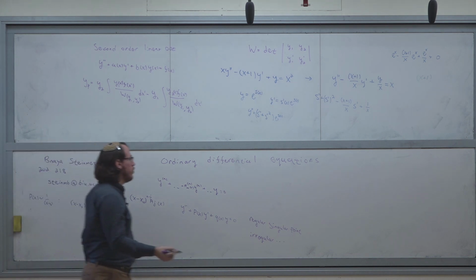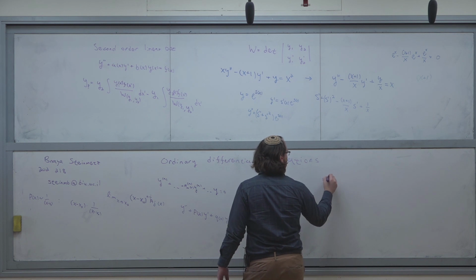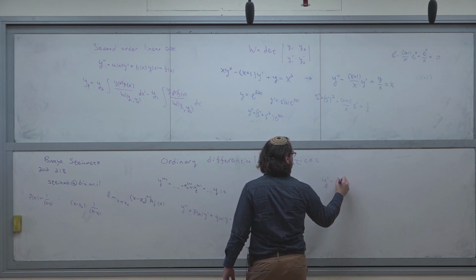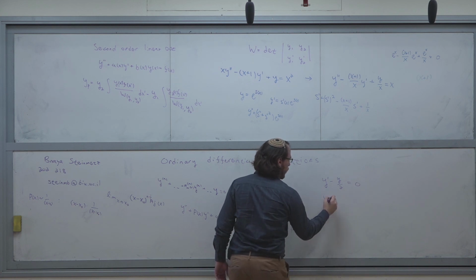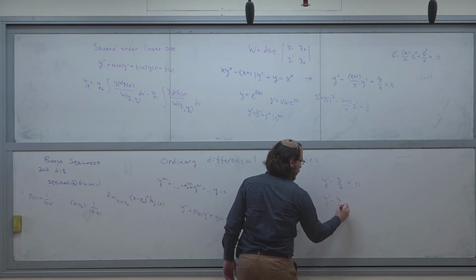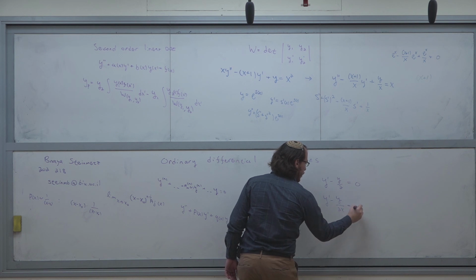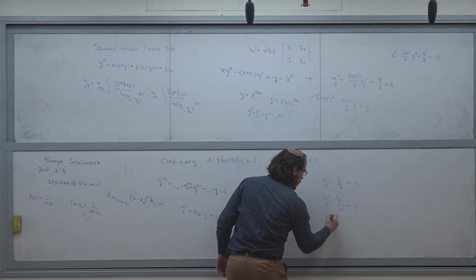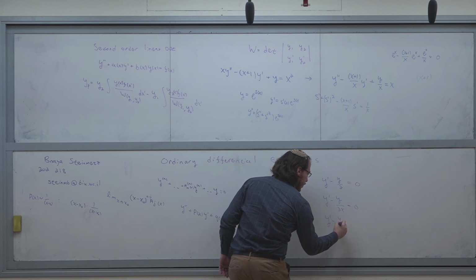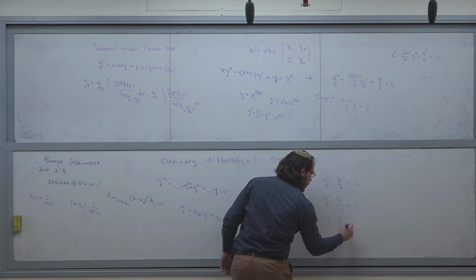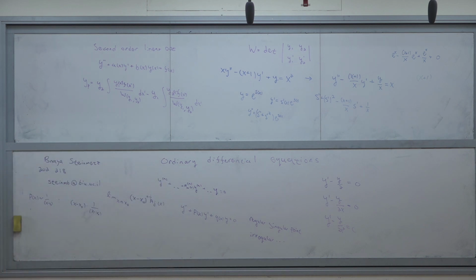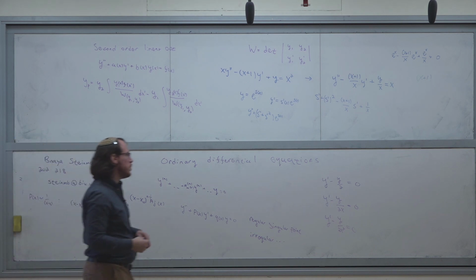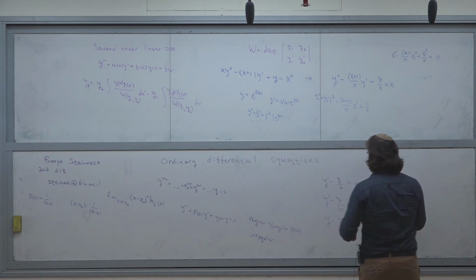So an example would be y prime equals y over 2. So this is just an ordinary point,